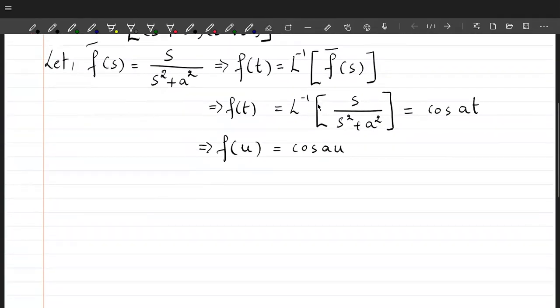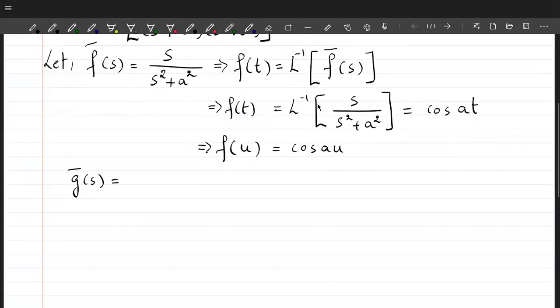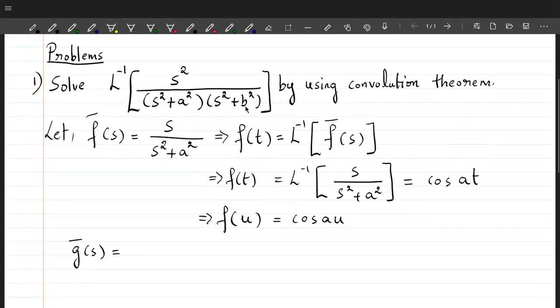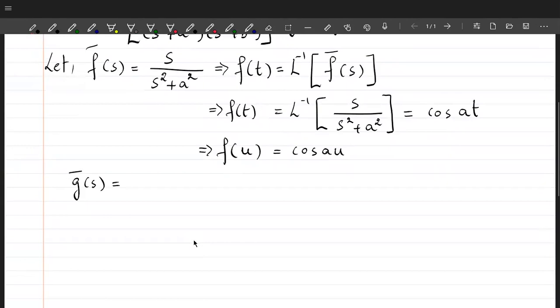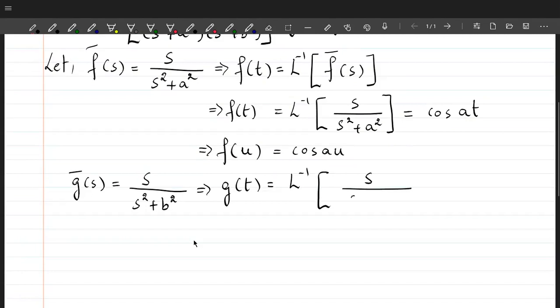Now similarly, we can get the value of g bar of s. What is g bar of s here? In the given function, you have s square by s square plus a square. In that, one term has been taken as f bar of s, that's s by s square plus a square. Now in the numerator, one s is remaining, and in the denominator you have s square plus b square. So g bar of s is equal to s by s square plus b square. So that implies the value of g of t is equal to L inverse of s by s square plus b square,